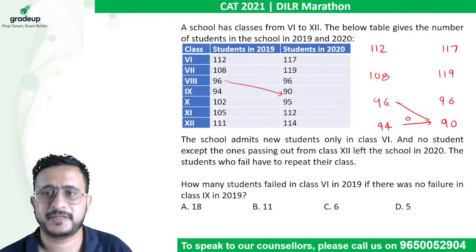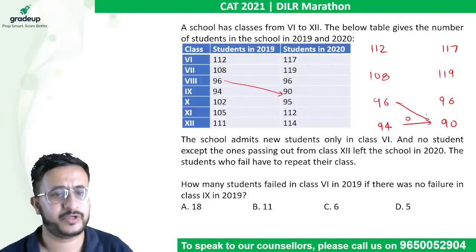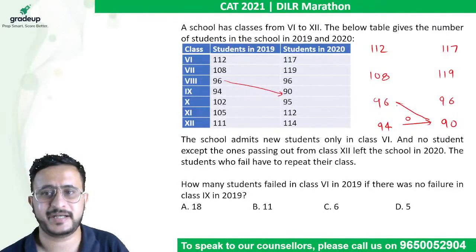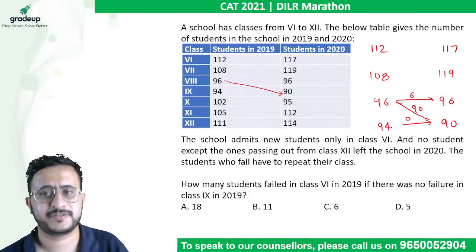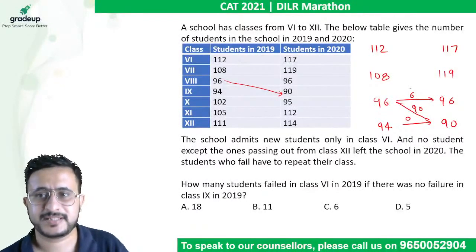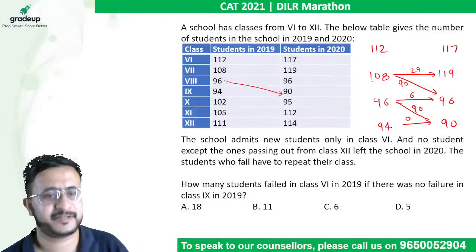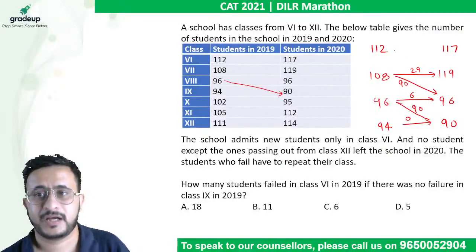सो व्हाट हैपेंड नाउ, only 90 can come. ठीक है, 96 से 90 हो गए, इट मींस 90 can come here, so that means 6 students failed. Okay, now this is 96, this means 90 students must have come from here, 6 from here, total 96 हो गया. 90 came this side, so 29 must have failed, right? 29 people failed. अब यहां से 112 से,